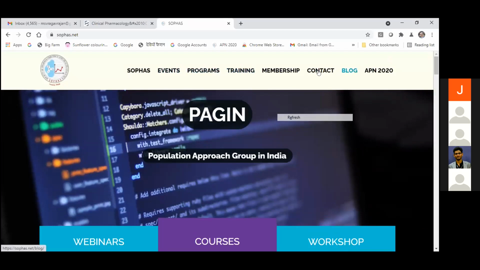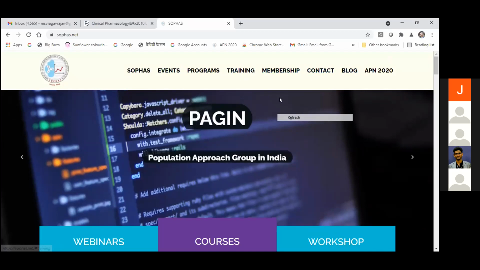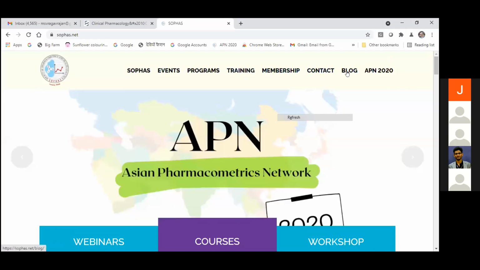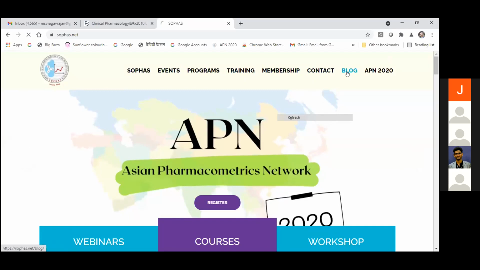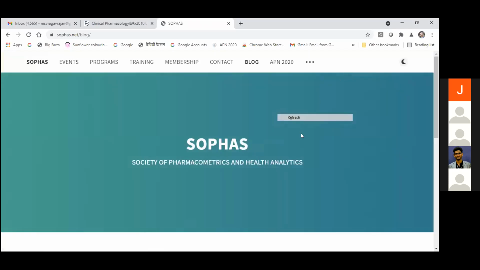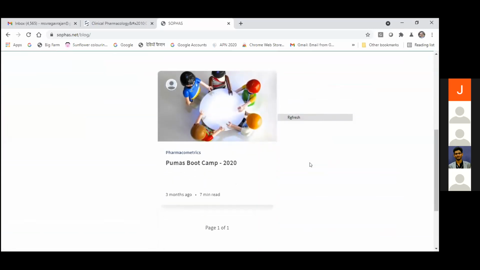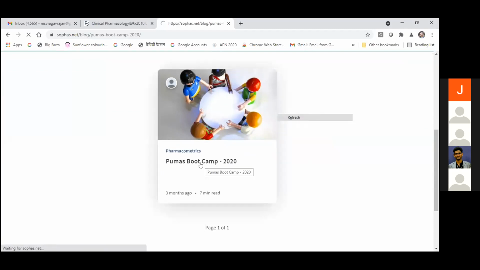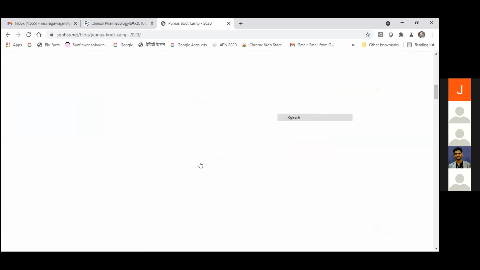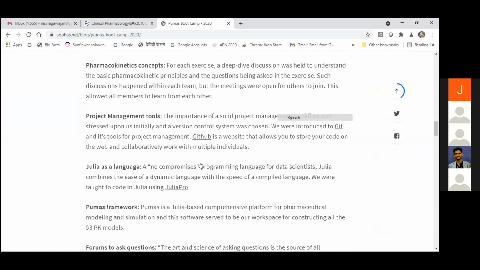A lot of people have taken this kind of training and attended regularly. This is the place you have to look; announcements keep coming there. A resources folder is available, and there is a conference we conducted sometime back. The people associated with the group have written the tutorial for PUMAS. Their story is available here, and you can have a look through it, and links for further details are available.